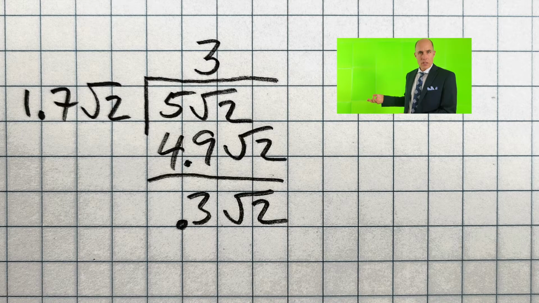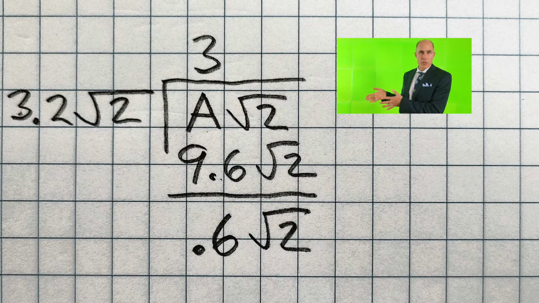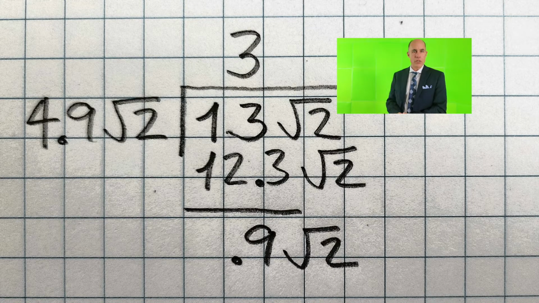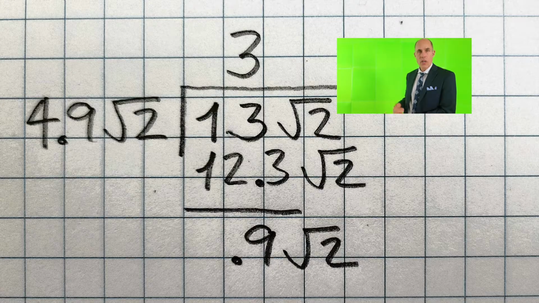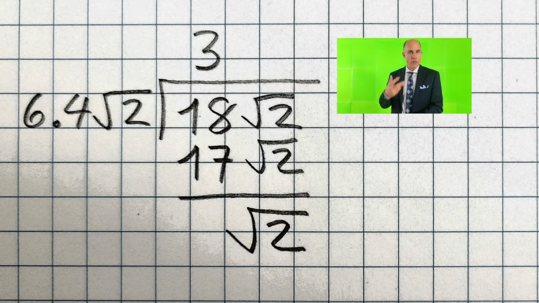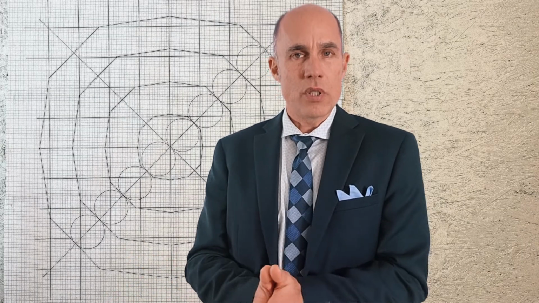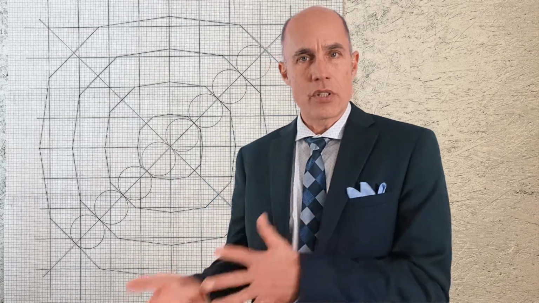So the second equation, I'm just going to give you the answer. It's 0.6 root 2 is the remainder after we do that iteration of the equation. The third iteration of the equation results in the answer of 0.9 root 2. And then the last equation results in the answer of 1 unit of the square root of 2. So that's the amount of empty space that's left over when we divide the diameter into the perimeter, and it